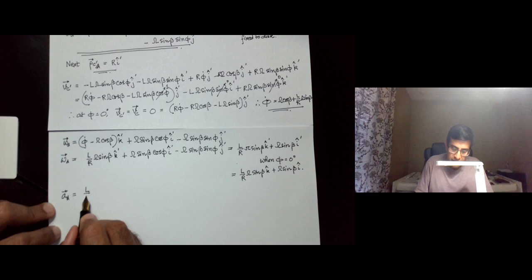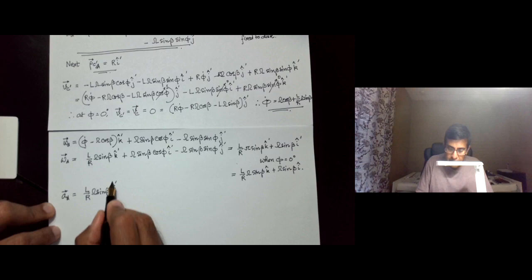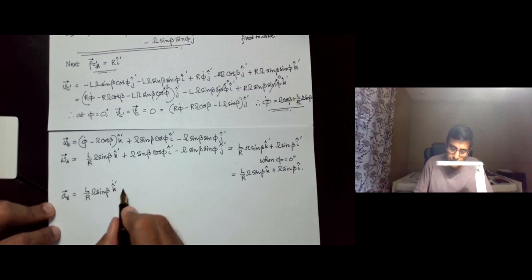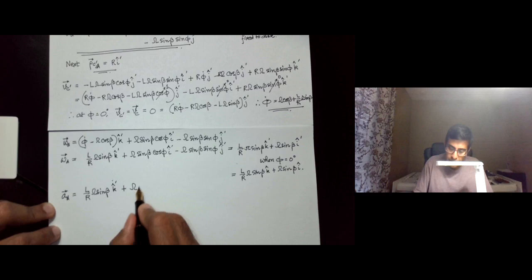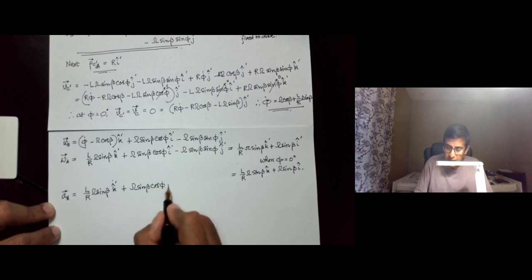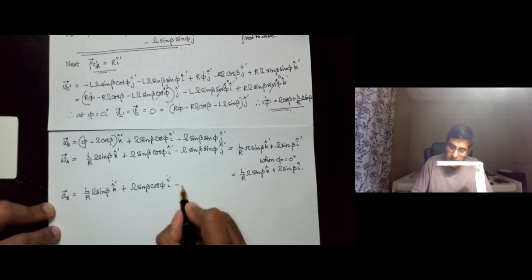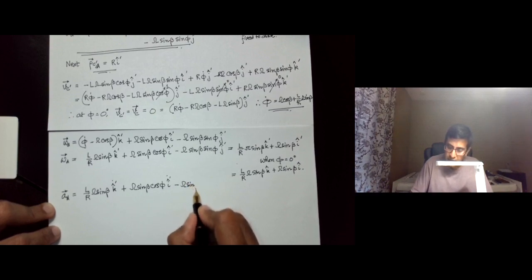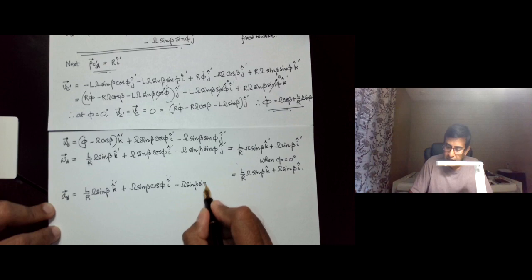So if we take the derivative, we will have capital L over R sine beta k prime dot plus capital Omega sine beta cosine phi I prime dot minus capital Omega sine beta sine phi dot I prime